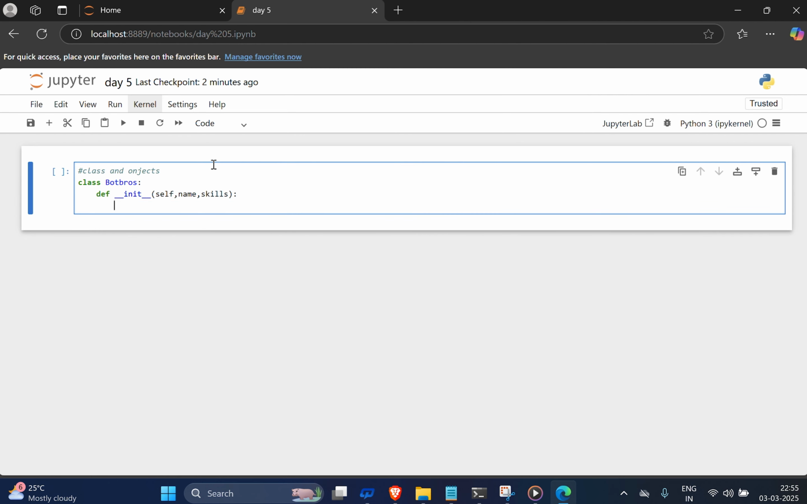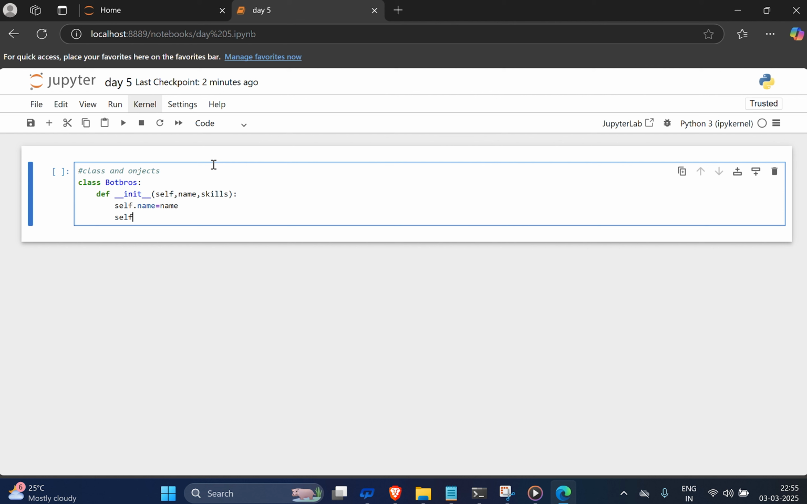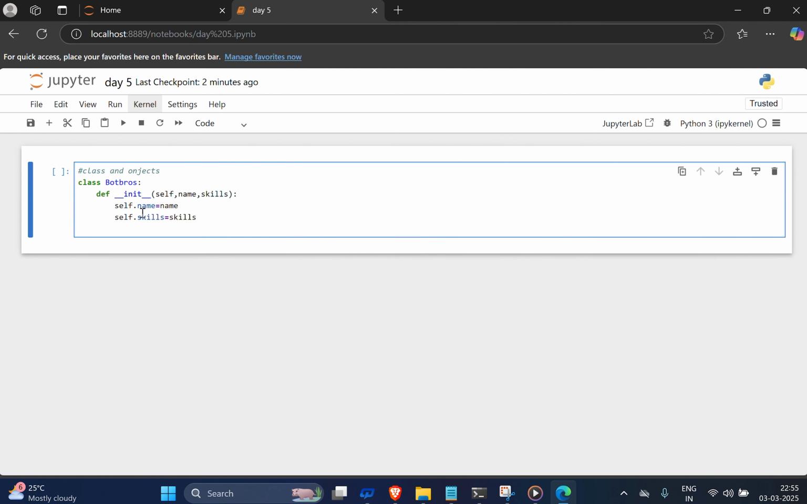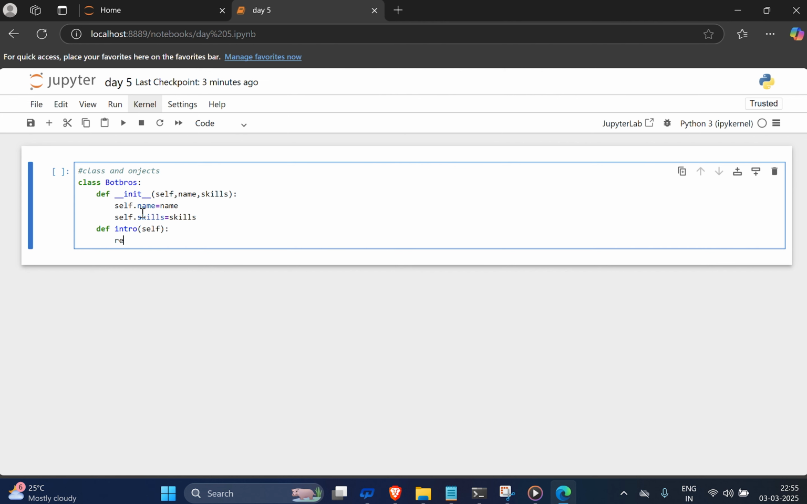What self exactly means is that it refers to an instance. That means self.name equals name, and then self.skills equals skills. So this means that self is referring to the particular values that are present inside the constructor. Now inside the class, let's define another function called intro, and define self here as well when we are calling it. And then return a formatted string using f stating